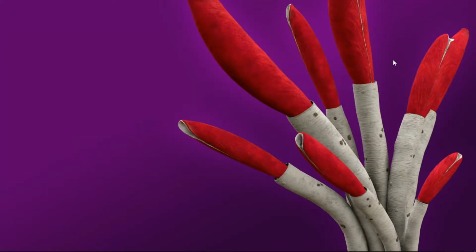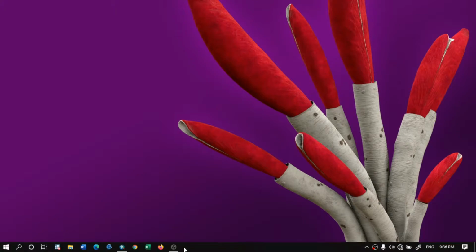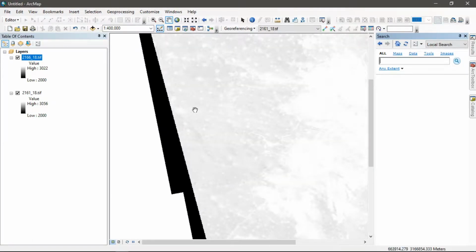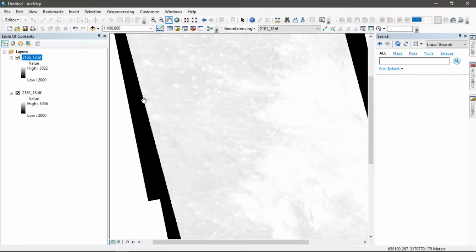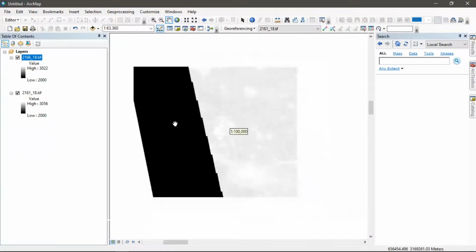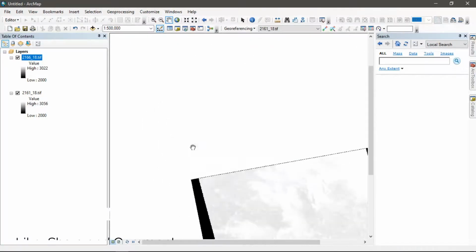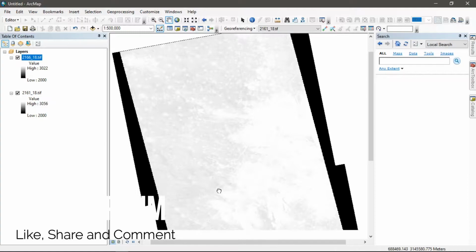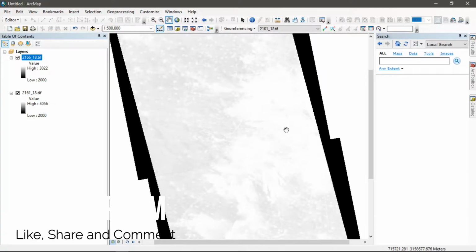So in this video we will do how to remove the null value of a raster image using ArcGIS. So what is the null value? Here is my raster nighttime land surface temperature image, and these black sides are the null values because these show as dark objects. If you do any kind of analysis, this may cause some error or may affect the result. So for that we need to remove this value.